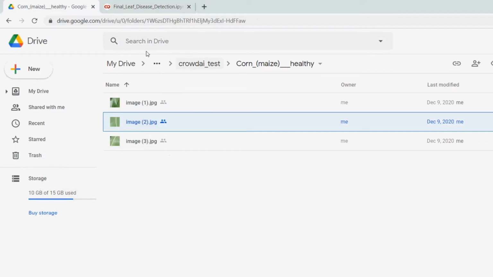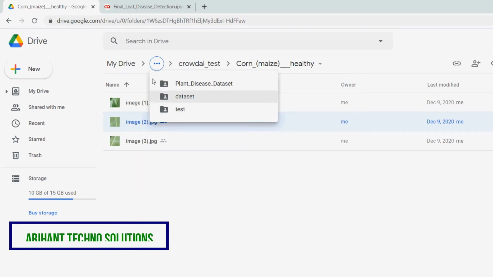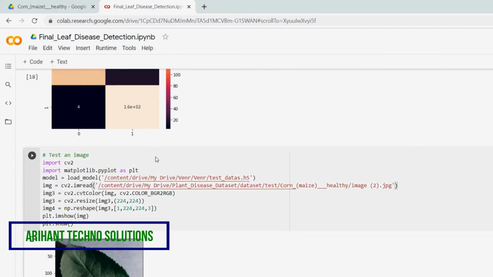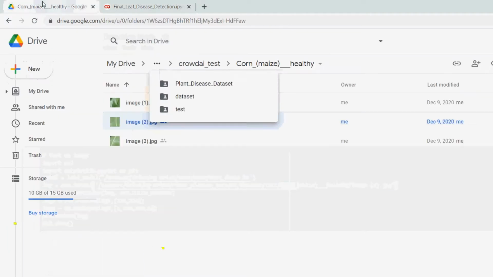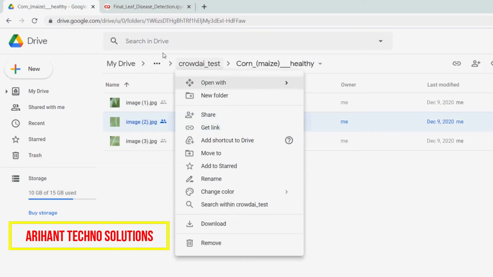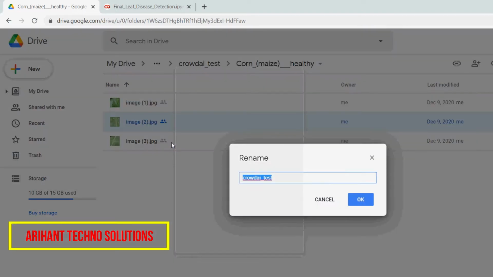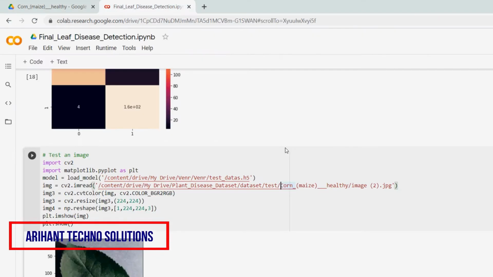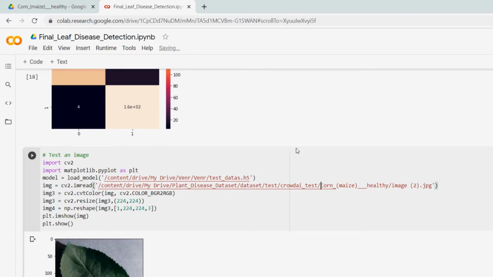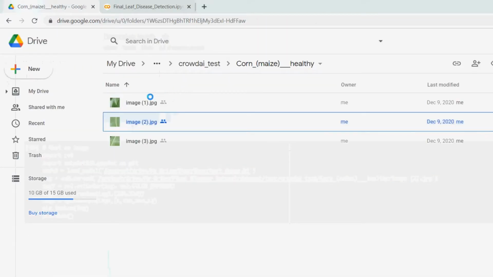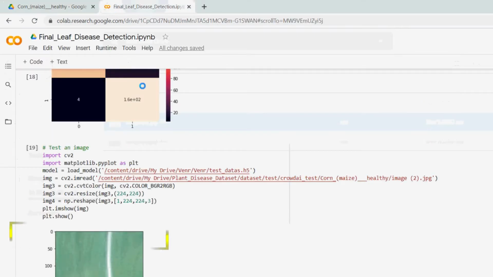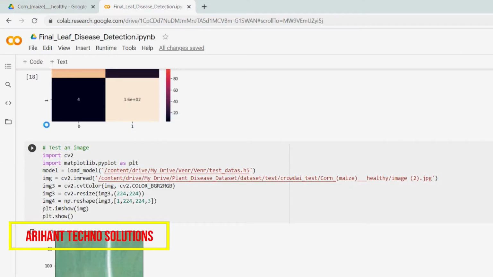So here plant dataset test, CrowdAI test, plant dataset test. Here one path is missing, so we need to call this path and paste it over here, put a slash over here, CrowdAI test. This is the path. So here I change the path for this image2.jpg, and I executed.